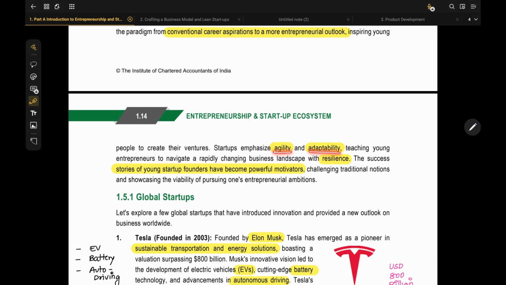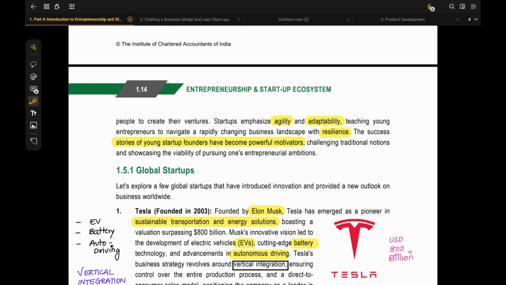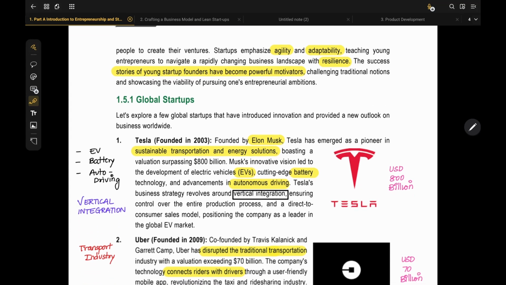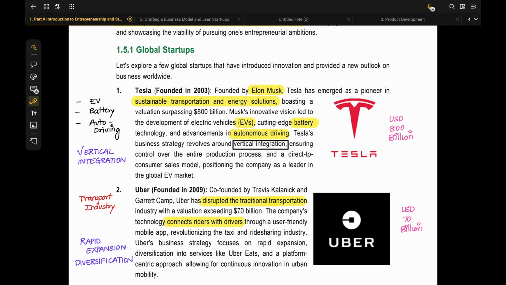Startups emphasize agility and adaptability. Agility means very quickly they will adapt to the customer responses, and also adaptability. They will very quickly change according to the market. They will also have resilience, and many stories of young startup founders are a very big motivation to the youngsters. Global startups. This has a list of global startups which have been very successful, and their stories and important points